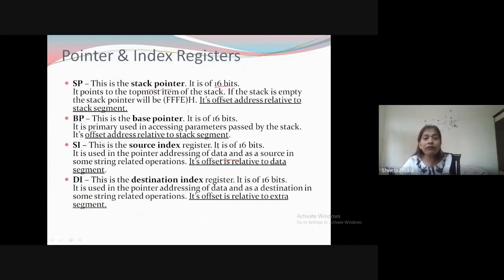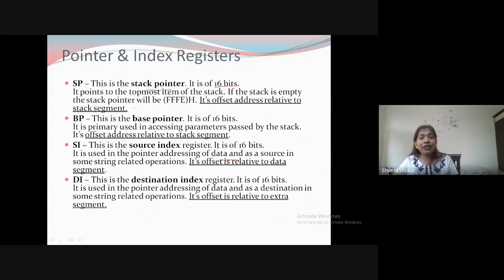The most important work of pointer and index registers is that they store the offset address of a given segment. Remember this: a particular offset address of a particular segment memory, they store that offset address.